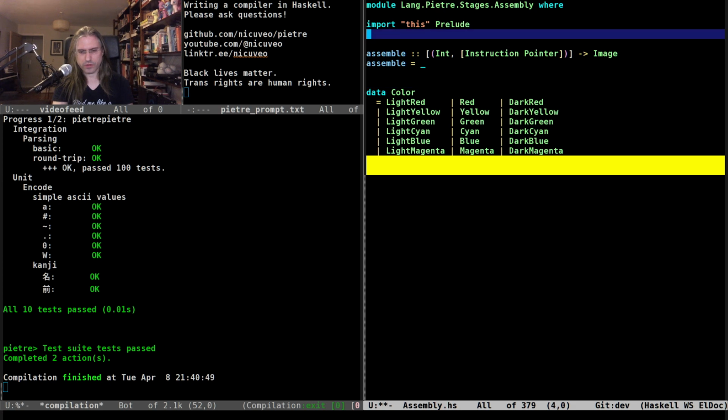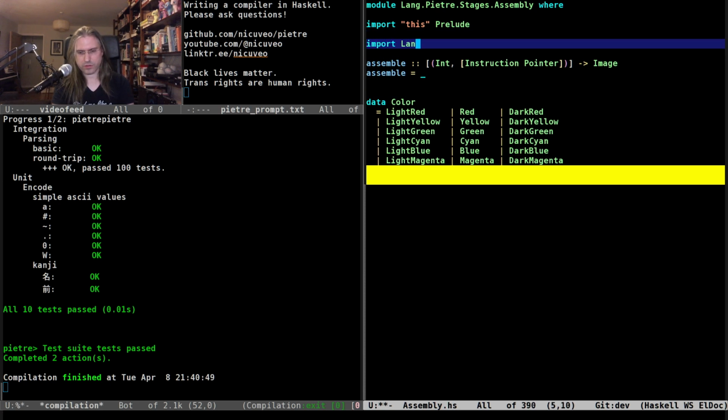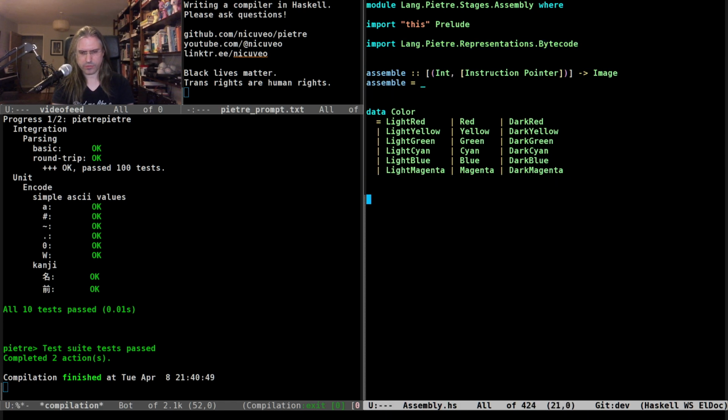So, next color, given an instruction and a color, regardless of the type of address, give us the next color.